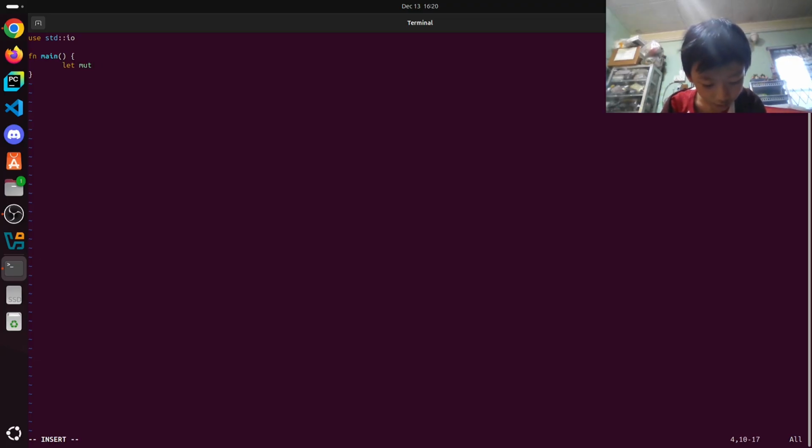We'll say let Fahrenheit input. We're gonna get the input, so we're gonna say String::new. Then we're gonna print out, let's say, type the Fahrenheit, like this. Then we're gonna say io::stdin, dot read_line, &mut